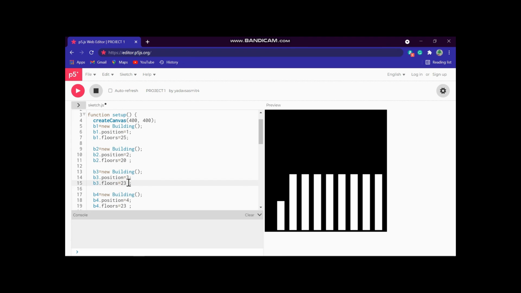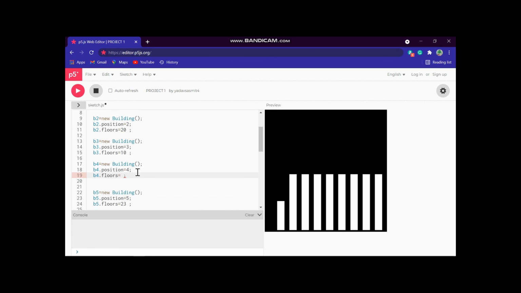Then 10. Then 5. You can enter any random numbers, but they should not be too big and not too small.